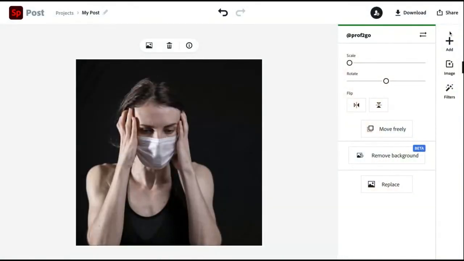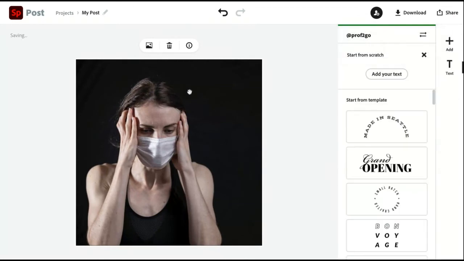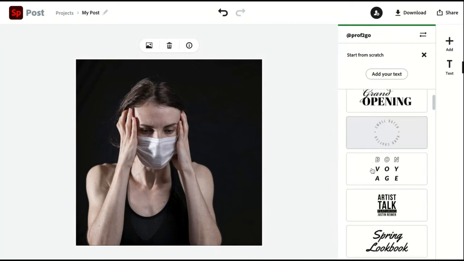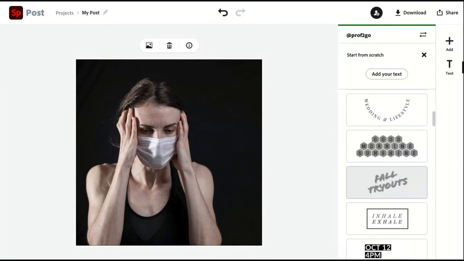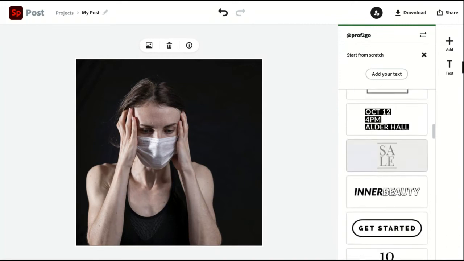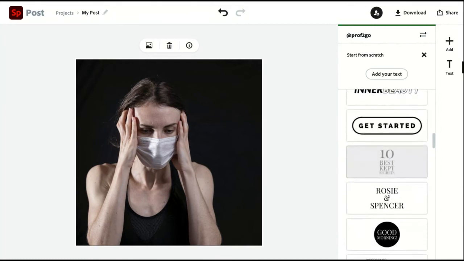And then I can add some text. And you'll see again, I have a number of templates for how that text might be handled.